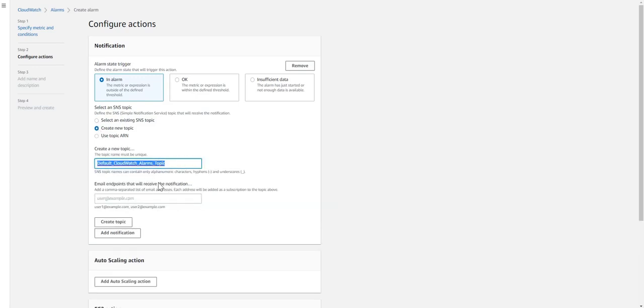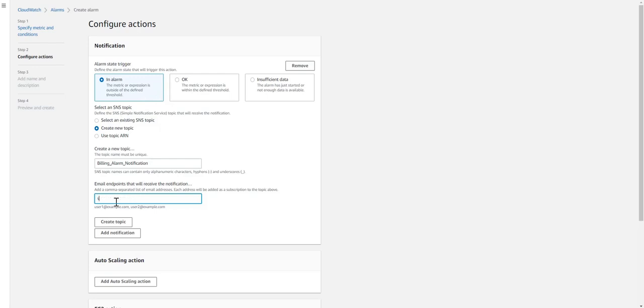Just mention a name here: billing alarm notification. And here you have to use your email address where it will send your threshold notification email.